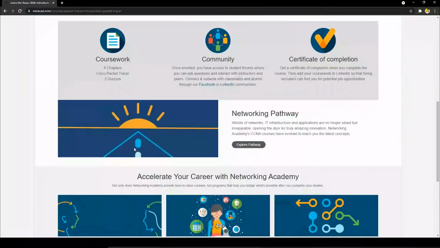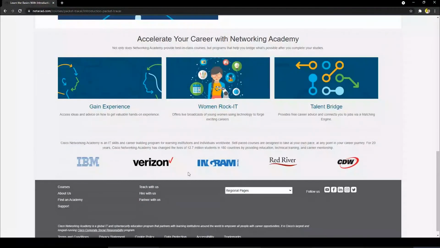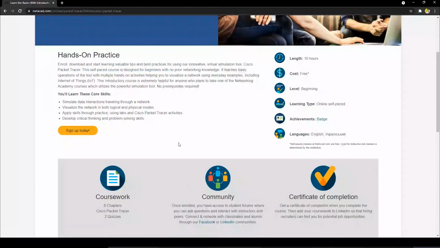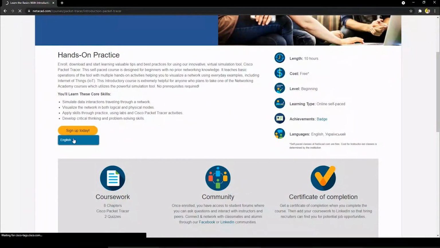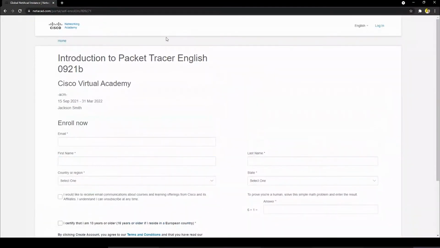For those who already have it, it's great. For those who are new to this, you can go on cisco.com, open the same URL you can see on the address bar, and click on sign up. Once you create the account, you will be able to install it.